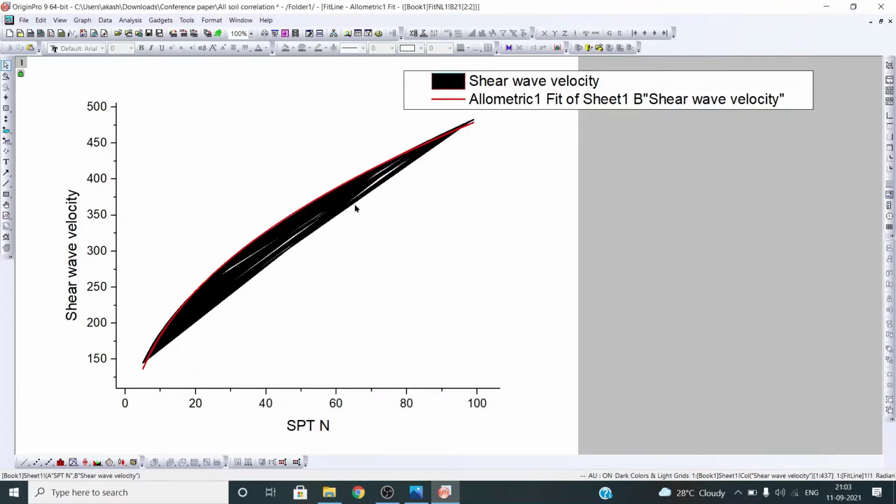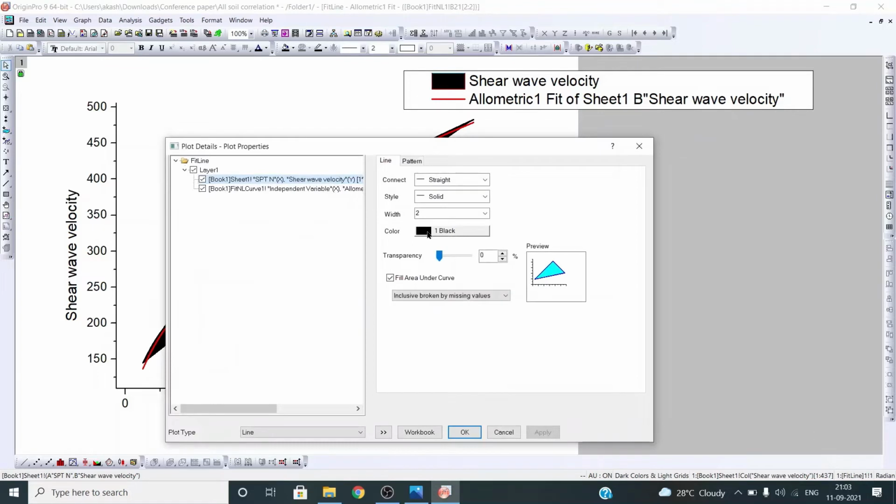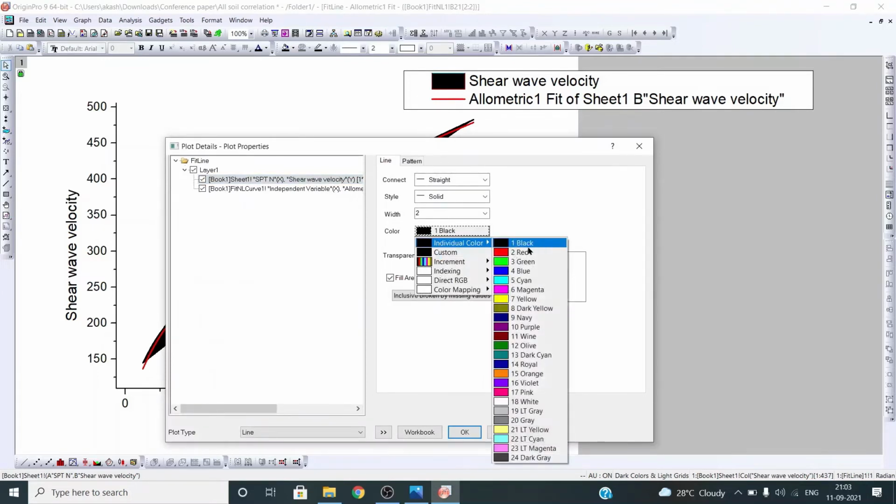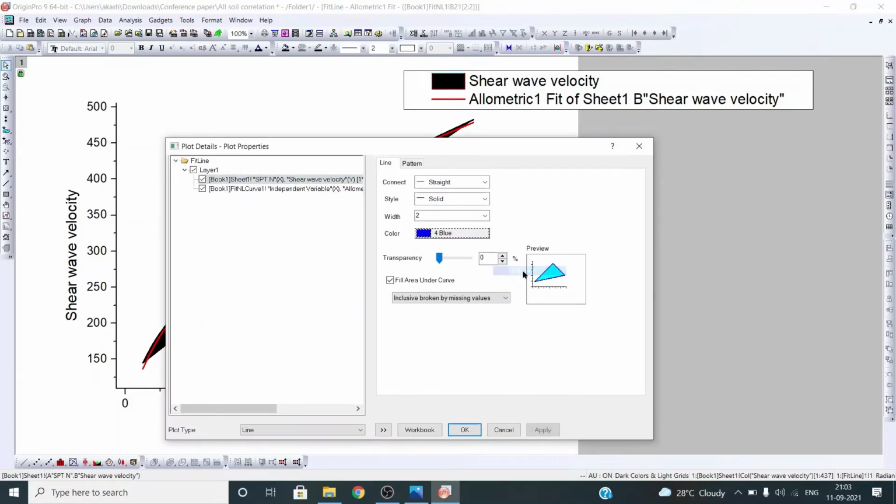Okay, so this red line is the correlation regression line, and this is our data value, that is the black line. Okay, you can change the color of the black also. You can put it like blue. Okay, let's put blue and increase the transparency a bit.